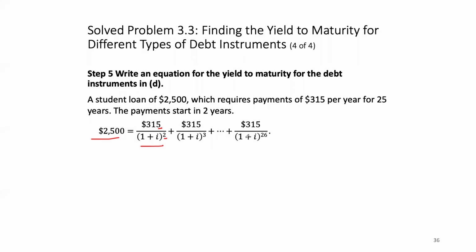Because if it starts at 1, then it'll end at 25. That's a 25-year loan, and this is a 25-year loan where the payment starts 2 years from now. Okay, so if you can solve for I in this case, then you basically have the yield to maturity